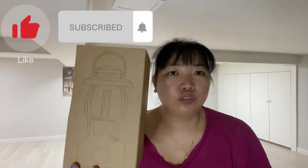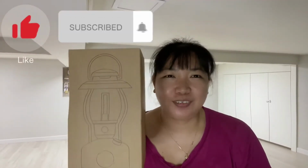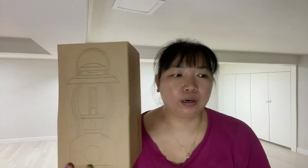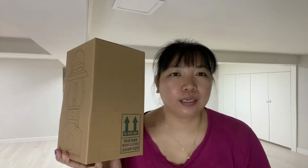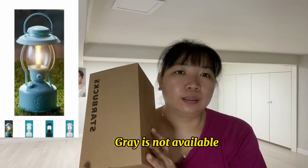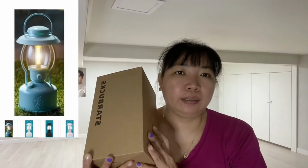Actually, there is a promo in Starbucks where you have to drink about 17 drinks and then you can get a present. There are other presents, like I think a Starbucks cooler, and this one. There are, I think, 3 colors: pink, mint blue, and black. Actually, I don't go to Starbucks a lot, but